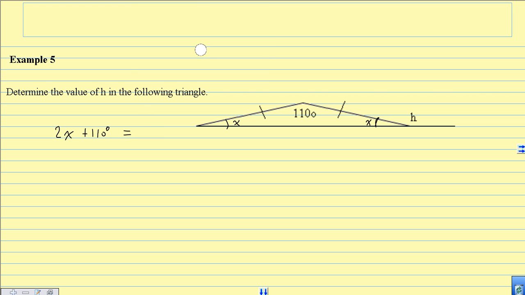And now that means that 2x is equal to 180 degrees minus 110 degrees, which is